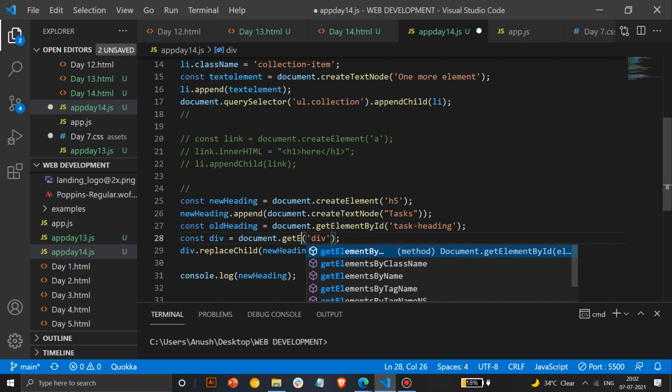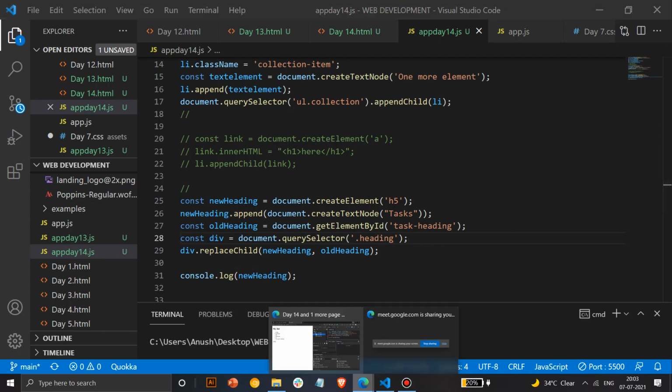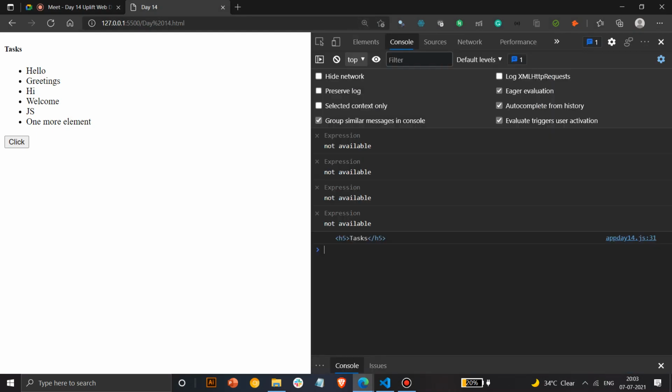I'll do query selector. Query selector is easier to access. Query selector, and here I can specify dot heading. Okay, now I think it should not give an error. Yes, so see, it changes to task.